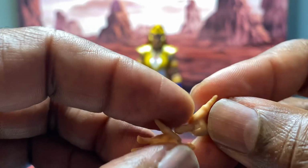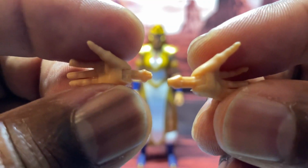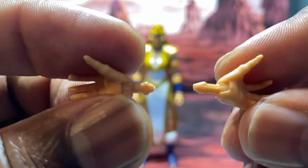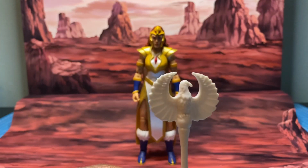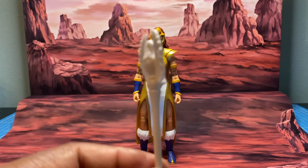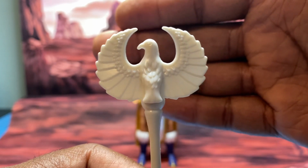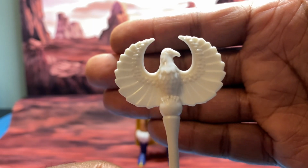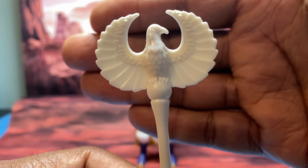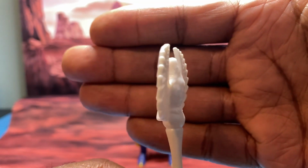These two hands, the left and right hand, have the horizontal hinge with the mushroom type plug on the end to swap out. And she comes with her staff. If you guys are familiar with, like I said, Sorceress, she has the same sort of staff. And it's some nice detail to it. It has the falcon at the top,